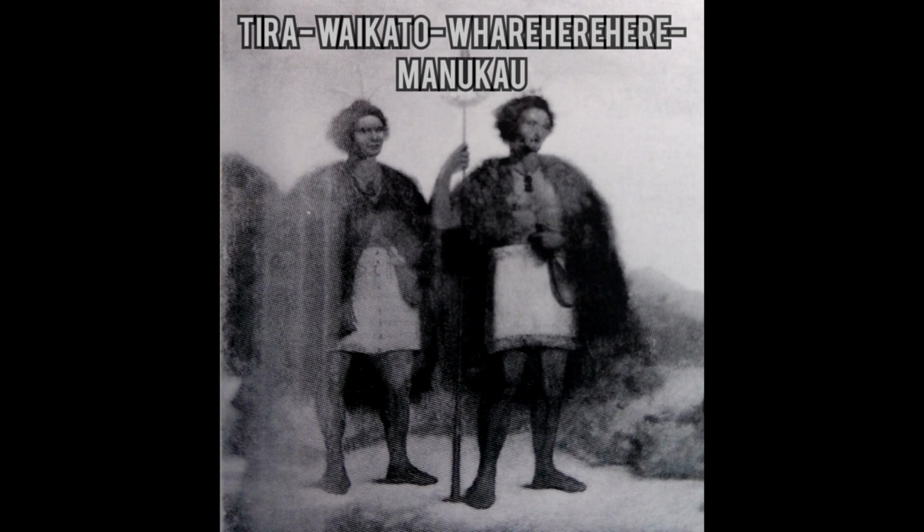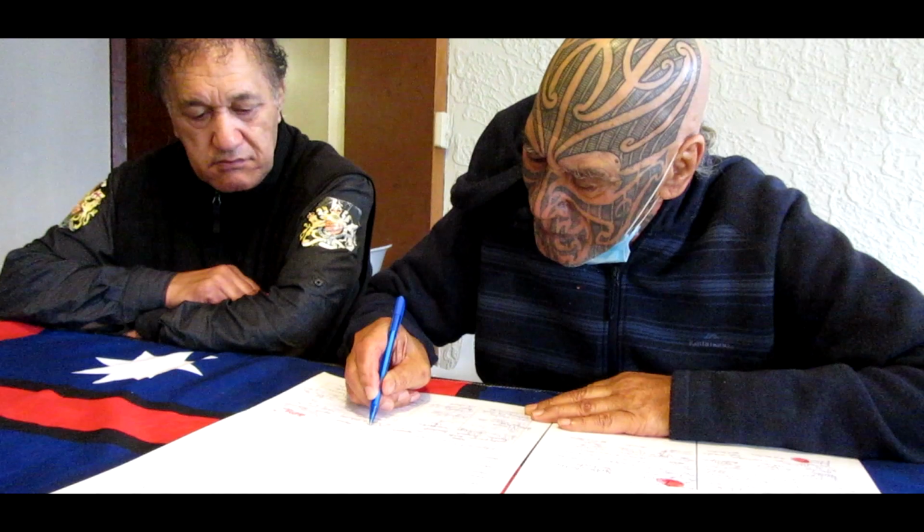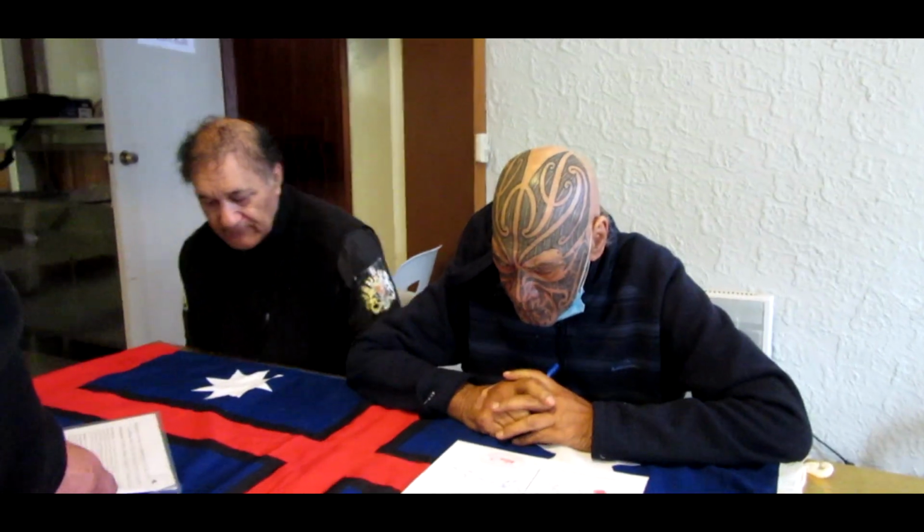Te Waikato Wharehere Manukau being the seller of the land of New Zealand country, soil, land to King George IV in 1823. So now we go on to the paramount chiefs, that we had a native court hearing in Epsom